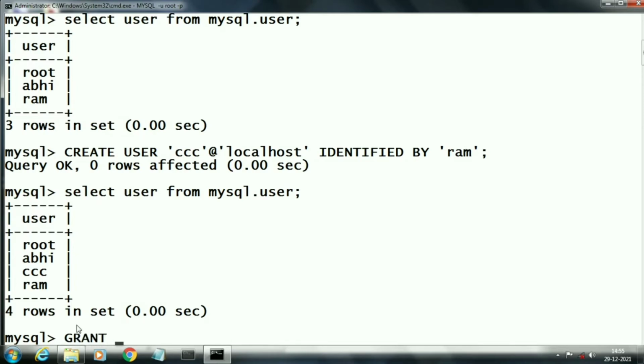Now we will grant all access rights to our new user by using the command grant all privileges on *.* to our new user, that is CCC@localhost.